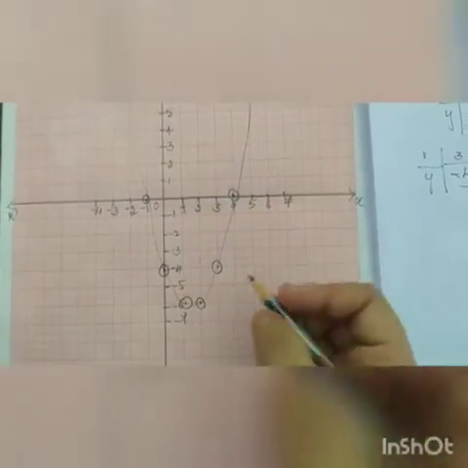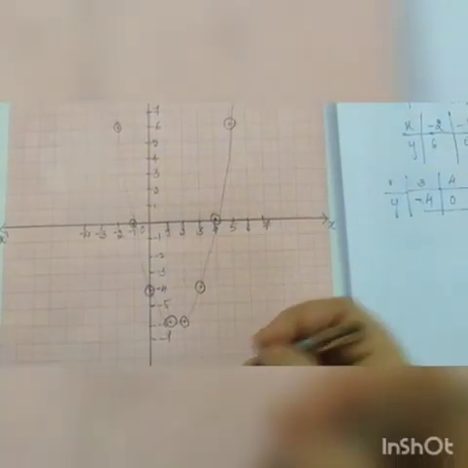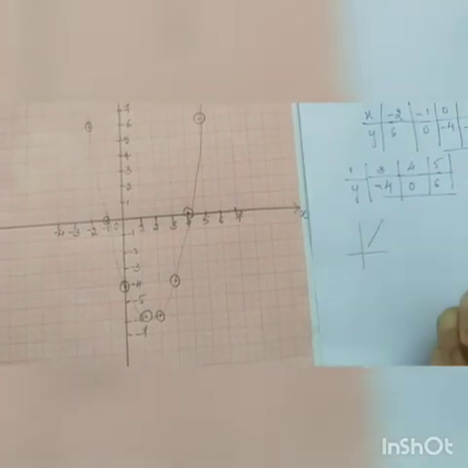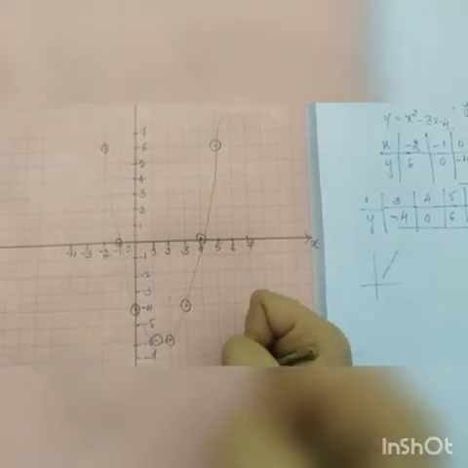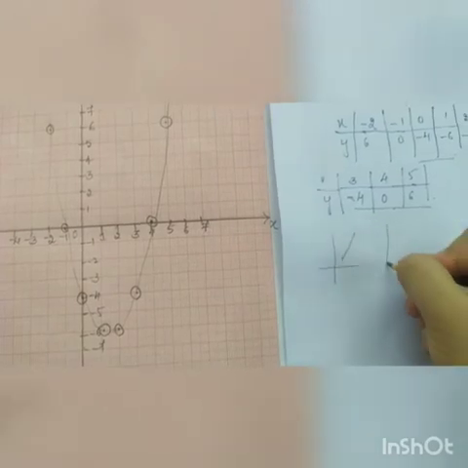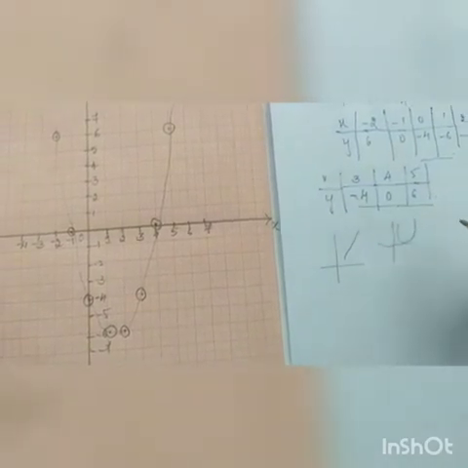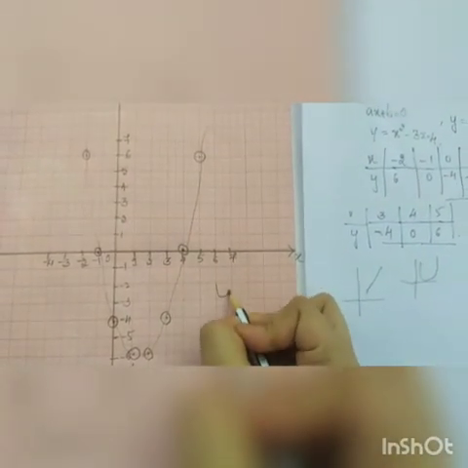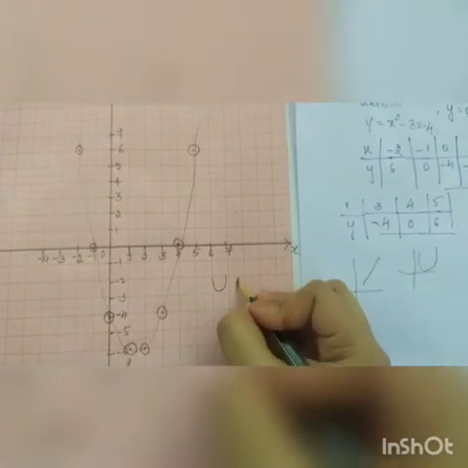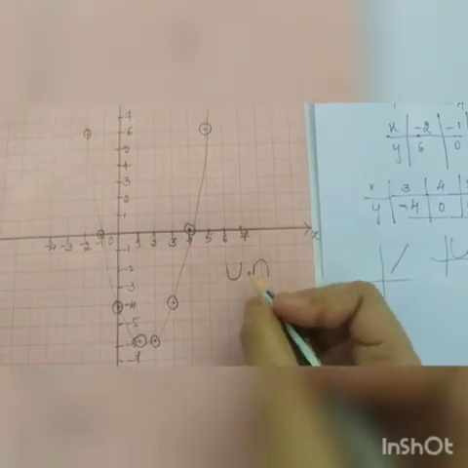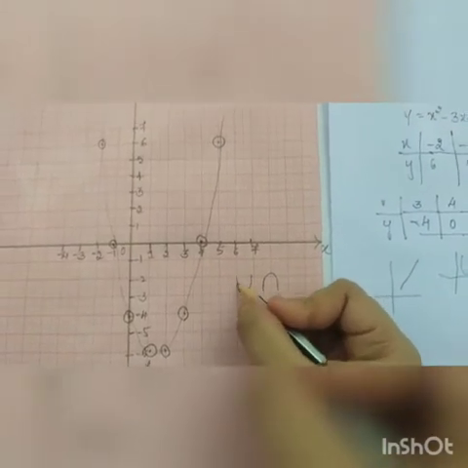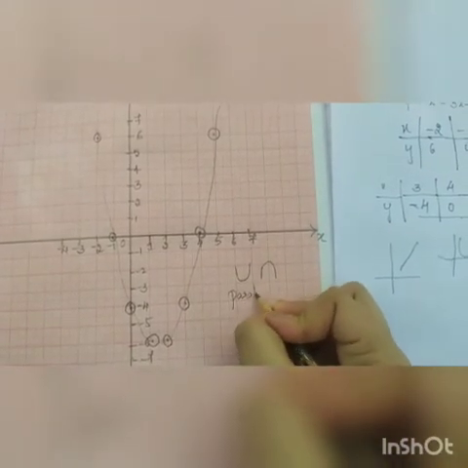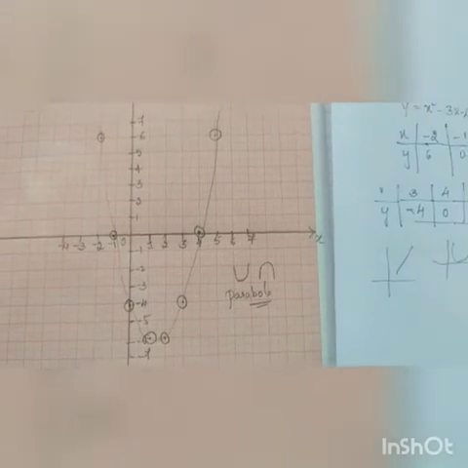If I draw an imaginary line, you can observe how the graph looks. When we did a linear polynomial, the graph was a straight line. When I do the quadratic polynomial, I can observe that the graph is a curve. There are two types of curves: one is open up and the other is open down. These curves are called a parabola.